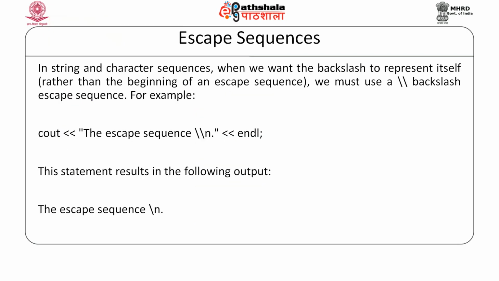Now, suppose if we want these escape sequence to be displayed as is in the output string, what we need to do is we need to use double backslash to have them printed in the output string. For example, if we want to get a string displayed as the escape sequence is \n, we will have to do it this way, that we will have to say cout the escape sequence. Now, here you would notice that we are using double backslash, so that this \n as it is gets displayed. If we use a single backslash, then the output would be moved to the next line.